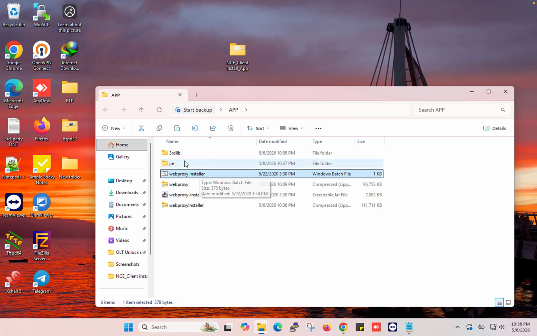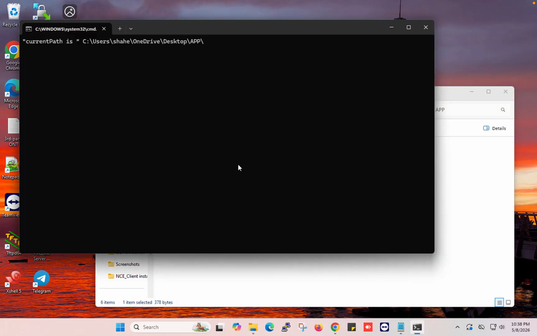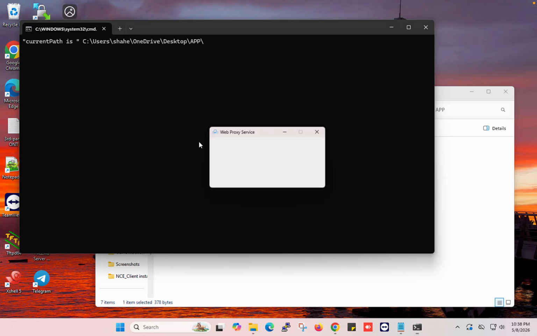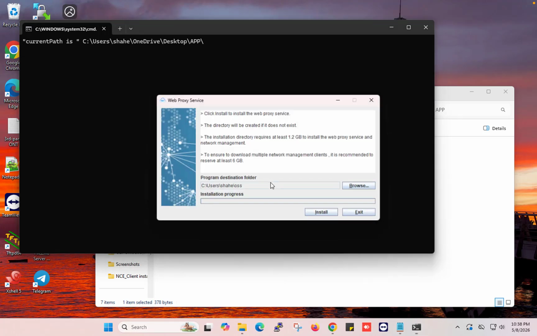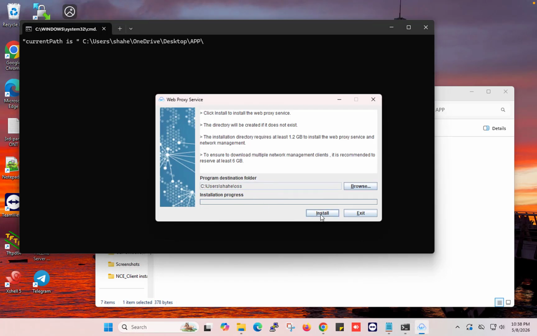Then you need to double click this bat file, install. In the meantime